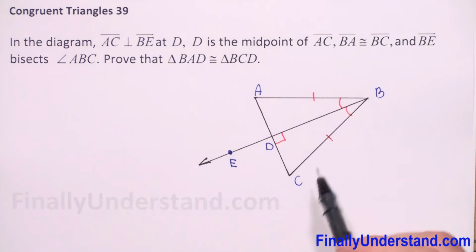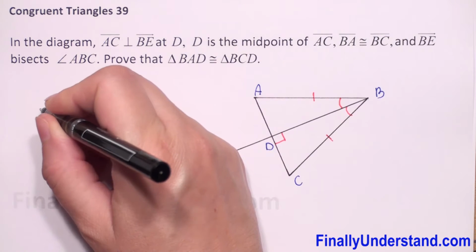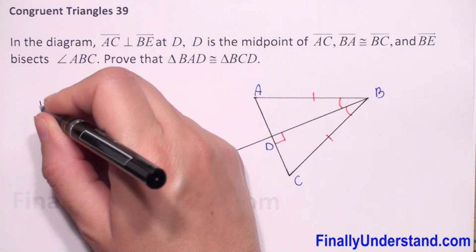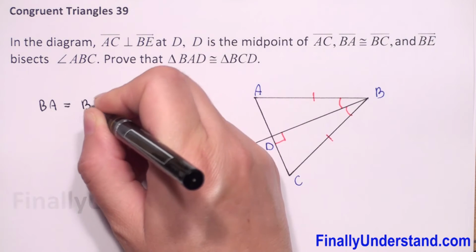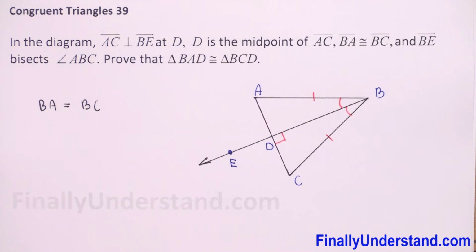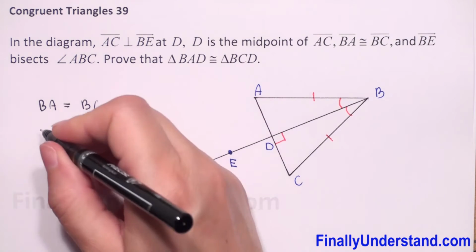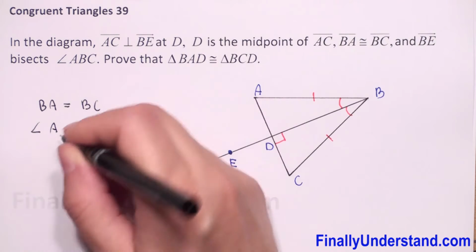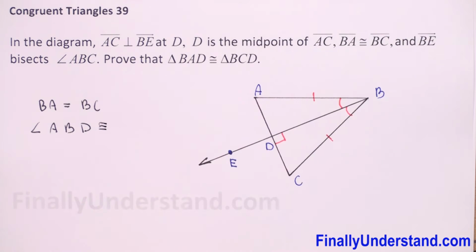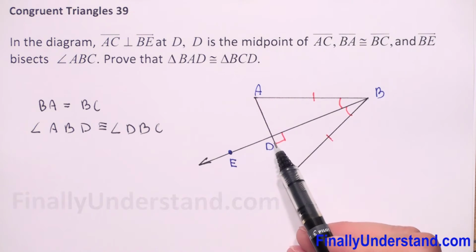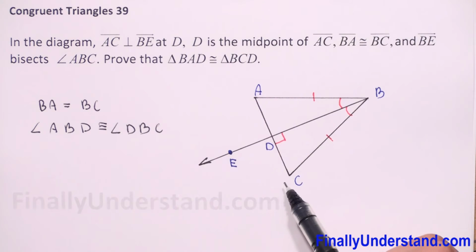We have that BA is equal to BC. We have that angle ABD is congruent to angle DBC. What else? Because D is the midpoint of AC, it means that